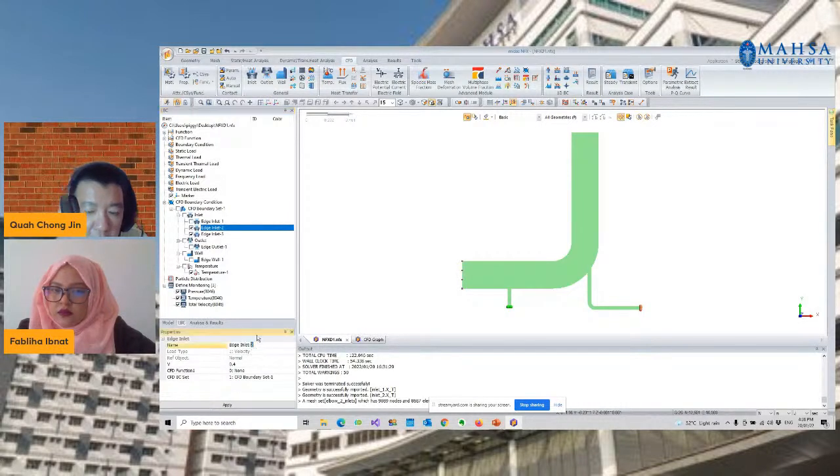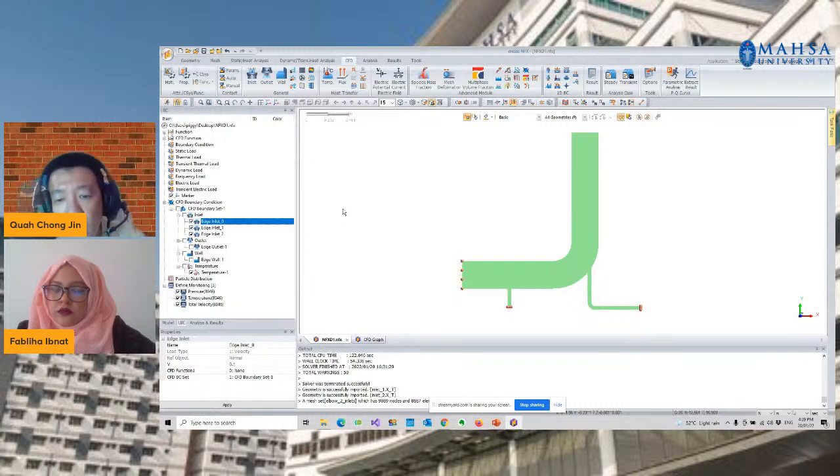Actually, we can rename them as inlet 1, perhaps, and inlet 2, and the original inlet will be 0, so it's easy for you to identify. So we have one inlet, two inlets, and three inlets.